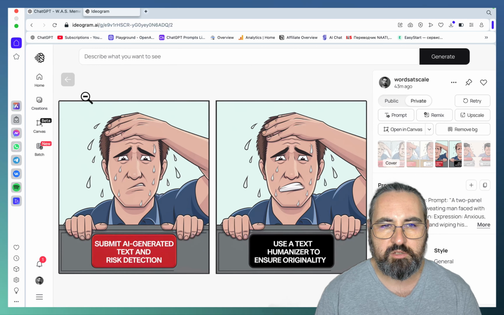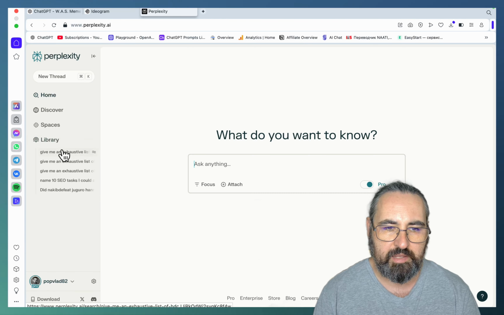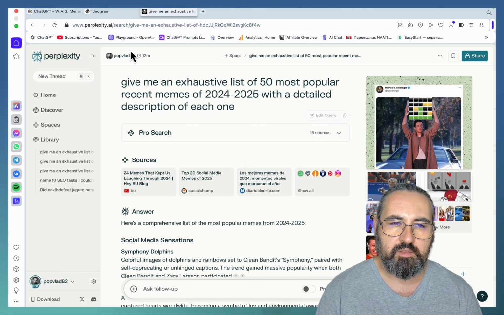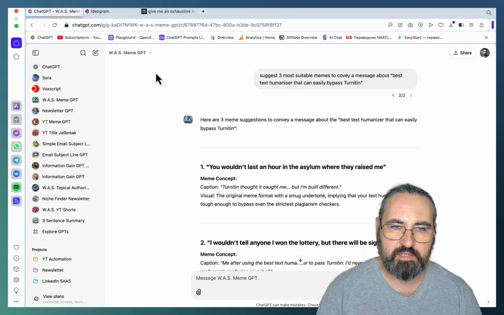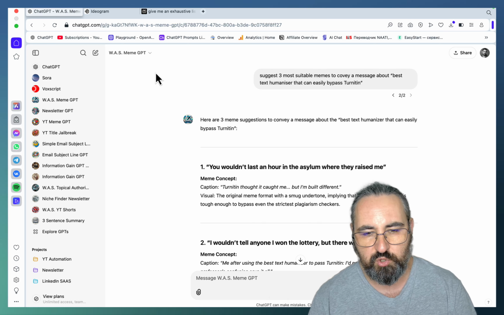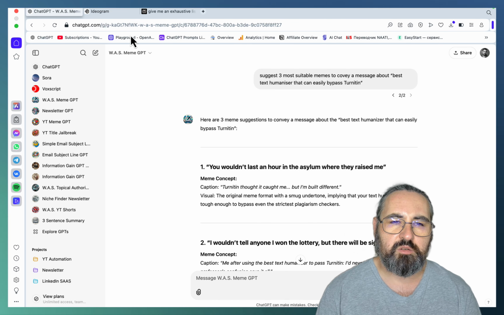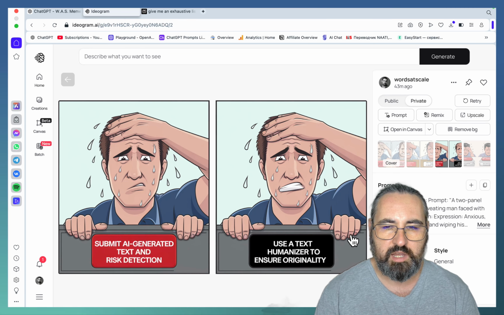And yeah, so guys, to recap, step number 1, you go to Perplexity or an LLM that is connected to the internet and look for the latest list of most popular LLMs. Then you take the giant prompt and you create a custom GPT based off of that. Or you can create a Claude project, whatever, or a Perplexity space even. And then you go to Ideogram and you create the actual meme. And this is how it's done.